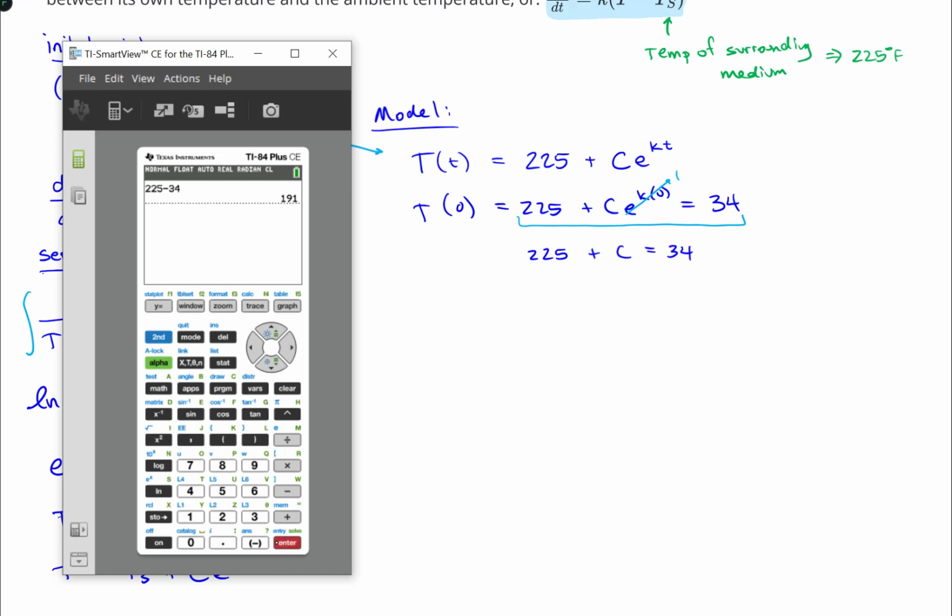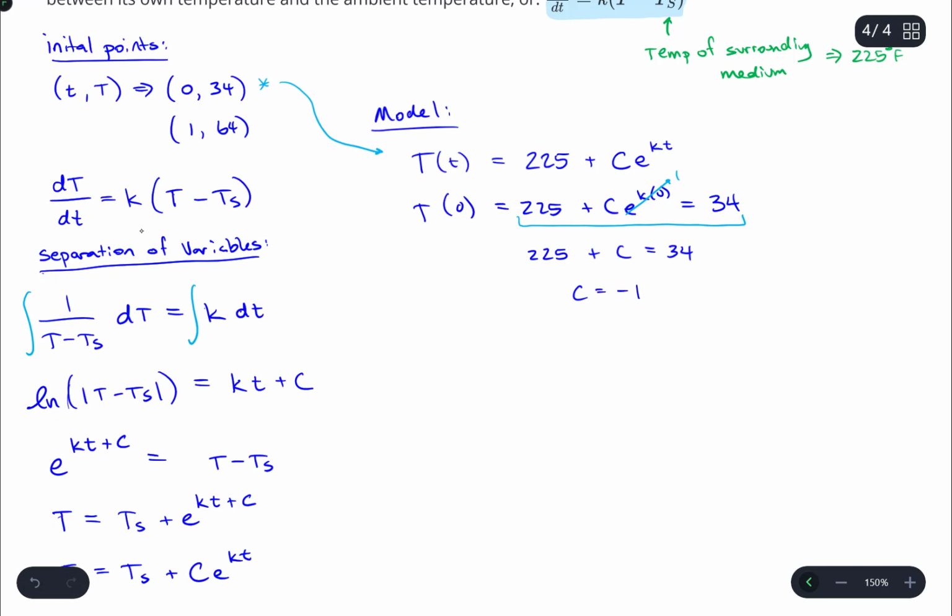Or actually, I want to bring the 225 that way. So let's say 34 minus 225 would be negative 191. All right, so the initial value here is negative. That's what we're kind of taking up with. Remember those absolute values that I said we could just ignore? That's kind of what's happening here. We're making the initial value negative so that we could ignore it. It works. All right, so my model now looks like temperature at time t is 225 minus 191